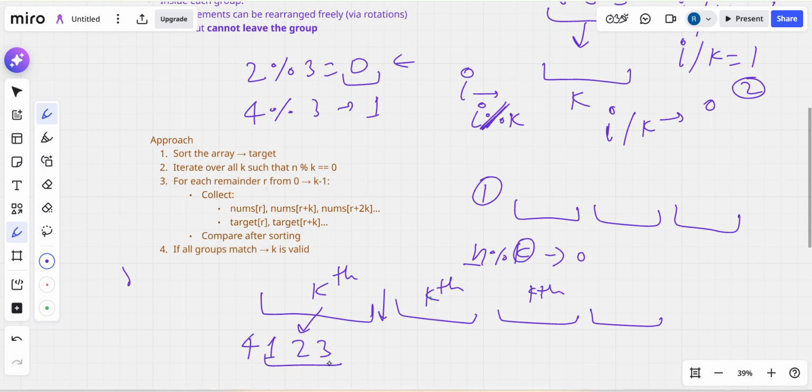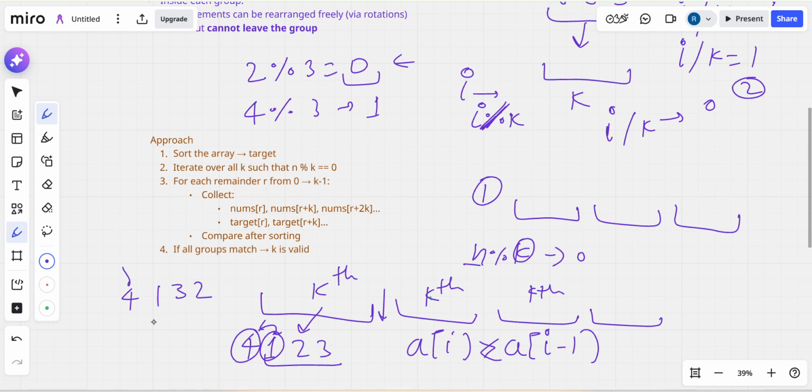If a of i is less than a of i minus 1, then this index is called an inversion. So if that inversion count is only 1 or 0, then the array can be sorted. If the count is greater than 1, meaning there is more than one inversion, then we cannot